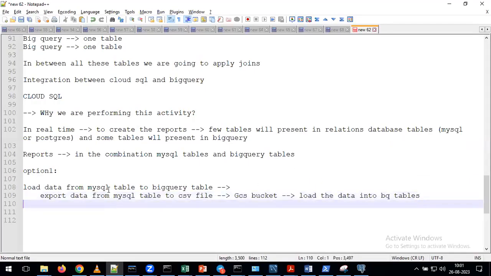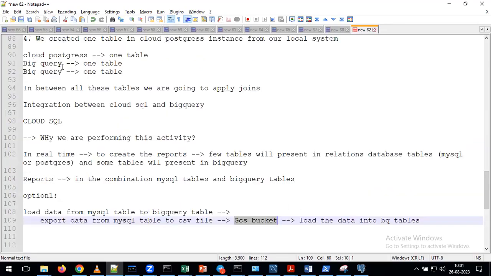So you want to use the MySQL table in BigQuery. Now what I'm doing here, from the MySQL table, I will export all the data into the CSV file, and that CSV file I will keep in the GCS bucket. Next, you know what steps we need to follow. With that, you can create the BigQuery table indirectly. Whatever MySQL table or Postgres table we have here, we are converting it into a BigQuery table. On top of that, we can perform all our operations.